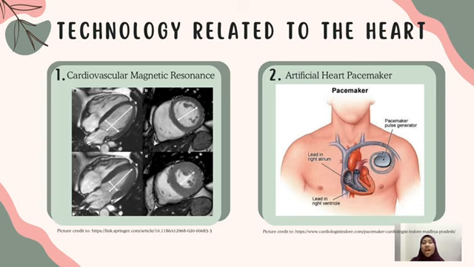exposure. The second technology is the artificial heart pacemaker. Pacemakers correct slow heartbeats, or bradycardia, or irregular heartbeats, ensuring the heart pumps blood efficiently to the rest of the body. They work by sending electrical impulses to the heart to maintain a normal and steady rhythm, especially when the